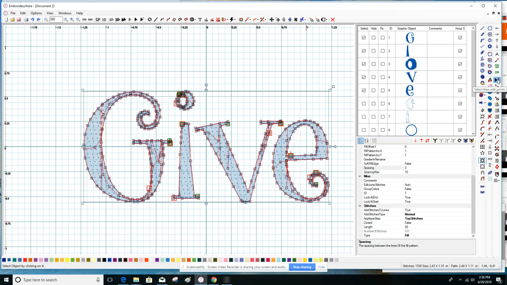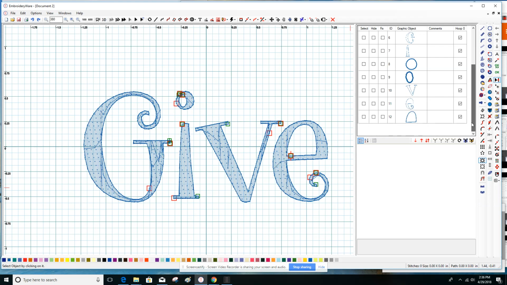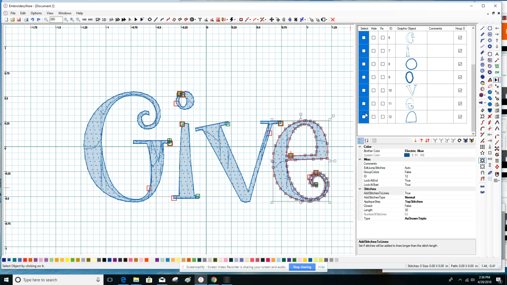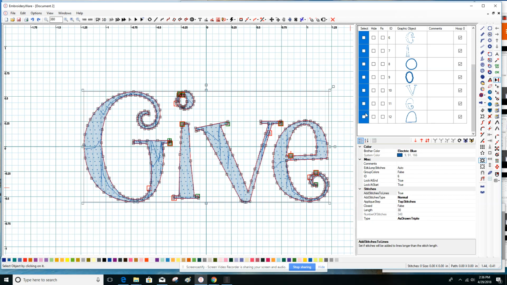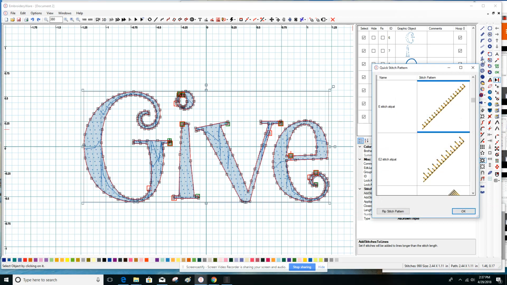Now I'm going to deselect those, or I could have went ahead and did this inverse select. Would have given me just the opposite things that were needing to be selected. Now I'm going to set it to a stitch pattern. I have the E-stitch stitch pattern I used. It's the smallest stitch of this type. Click on that